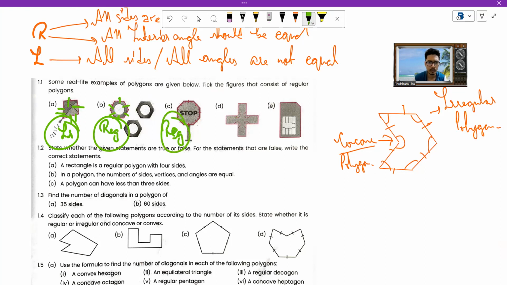regular. If you look at this, these two sides are not equal. Again, this side and this side are not equal. Also, if you look at the angle, then you can clearly see that this angle